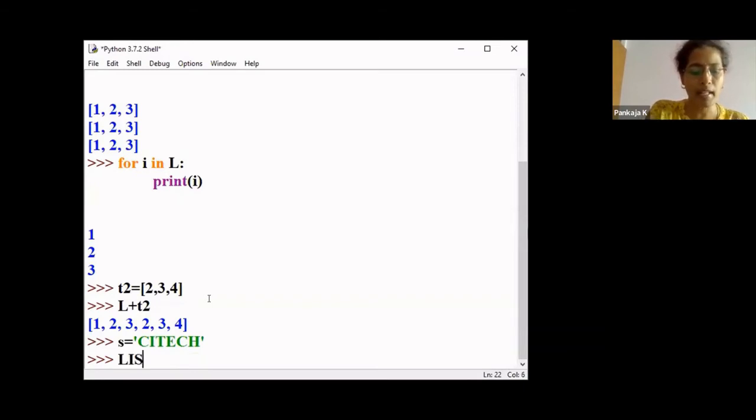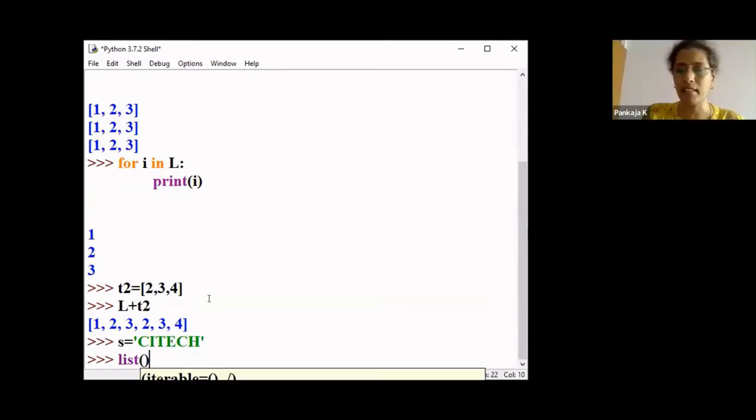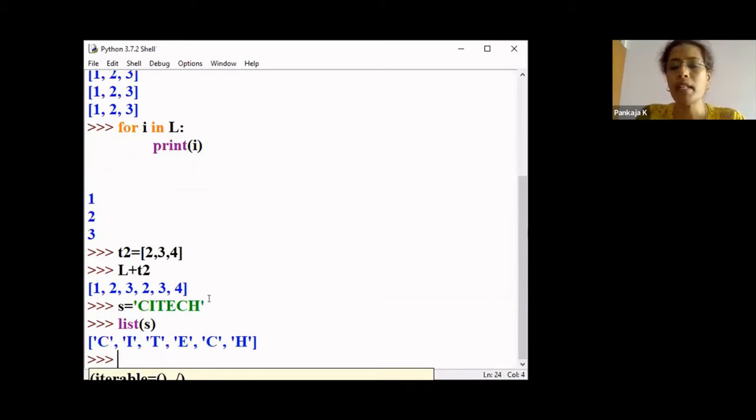We know list is a constructor, yes or no? Now what I want to do is list of S. I want this string to be converted, right? So now with list of S, I have converted this into a list of characters.